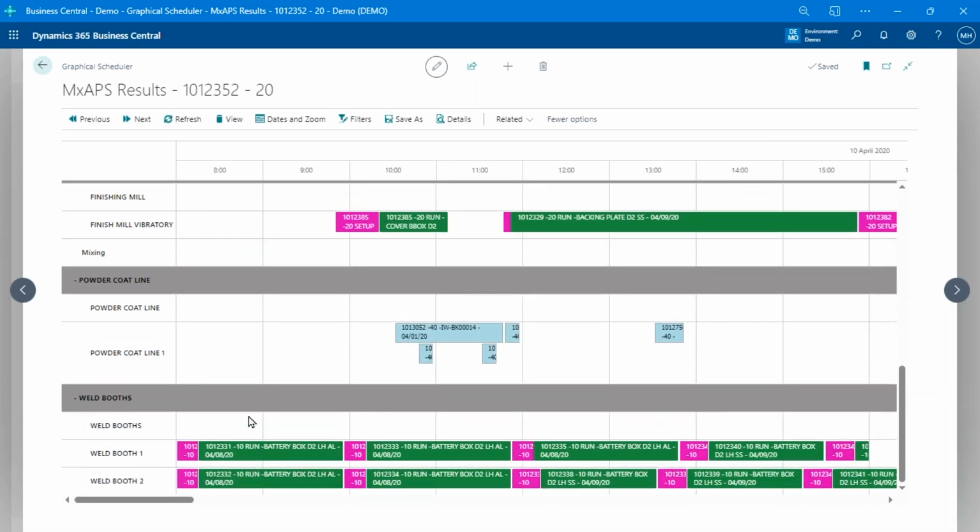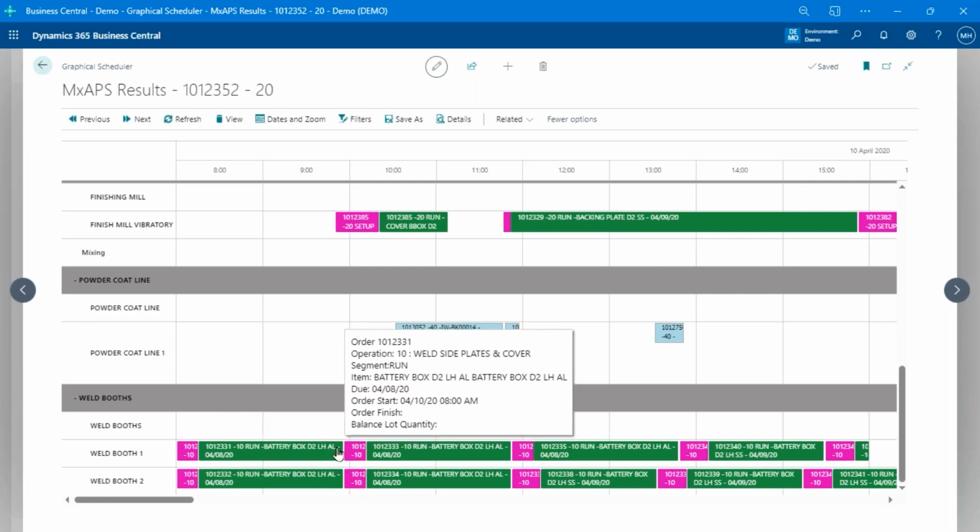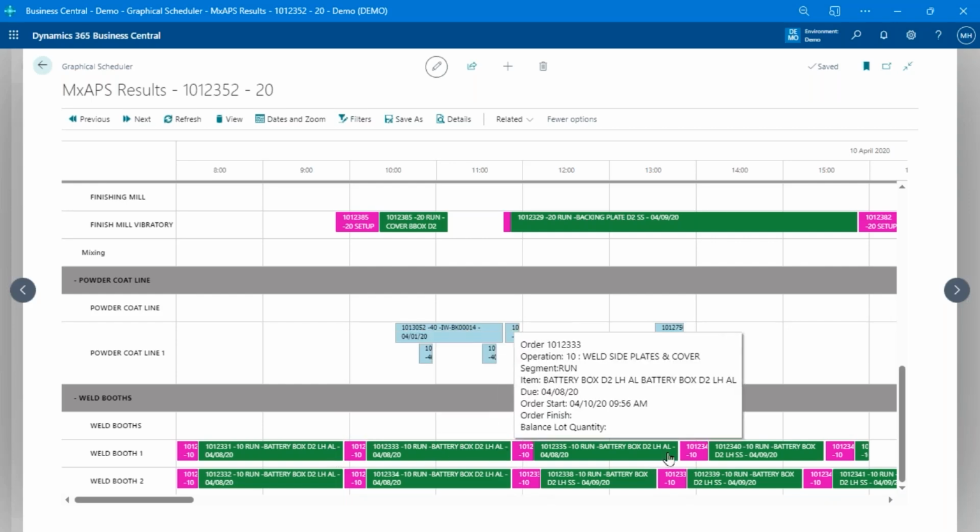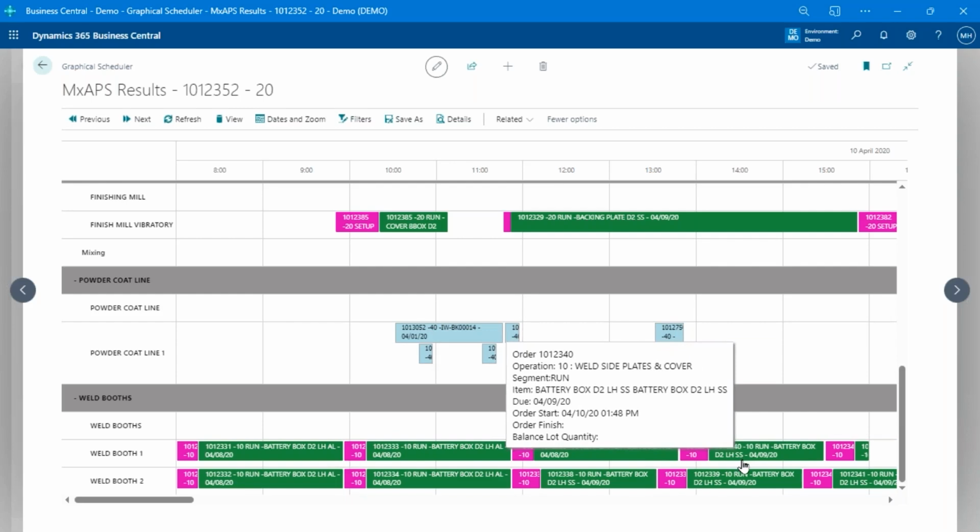If we come down to the welding booths here, there's a couple of things to illustrate. I mentioned we had the aluminum and stainless steel products that we're manufacturing. And what I've done is I've said I want to execute the schedule based on material type. That could be to improve changeover time, or just because I want to stack all my aluminum first and then my stainless steel or whatever. But here I've got aluminum, aluminum, aluminum, and then we switch over to stainless steel. So again, what I've done is I sequenced by that material type. I'm doing all my aluminum first, and then my stainless steel.